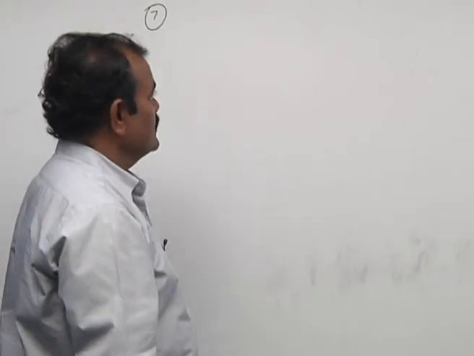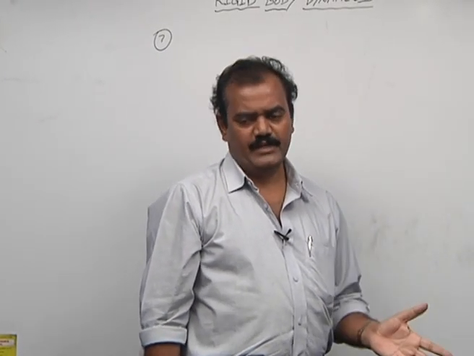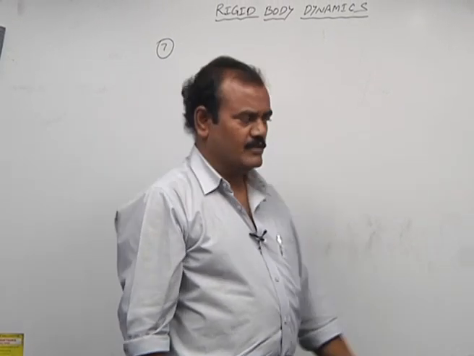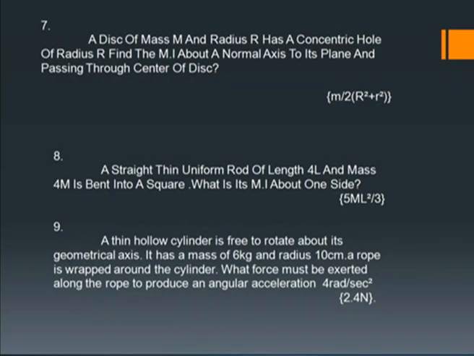So last class I was explaining the problems based on torque, the parallel axis theorem, the perpendicular axis theorem, and applications of the moment of inertia. So far we have completed some problems and we continue the problems now also. Now in the seventh problem, we have taken a disk of mass capital M